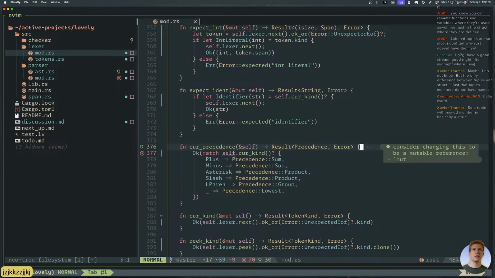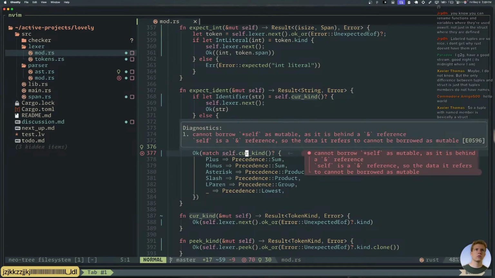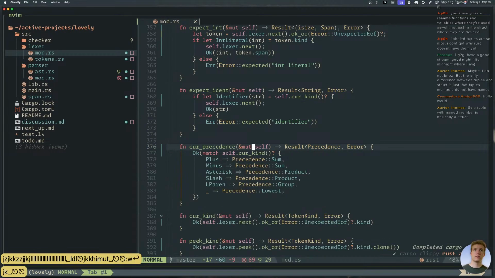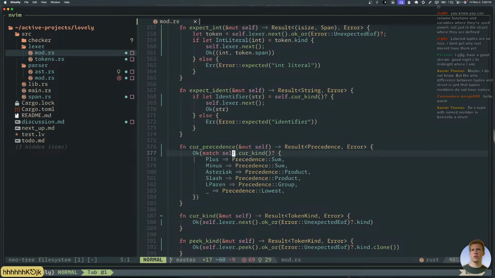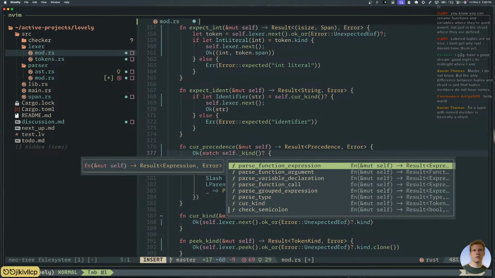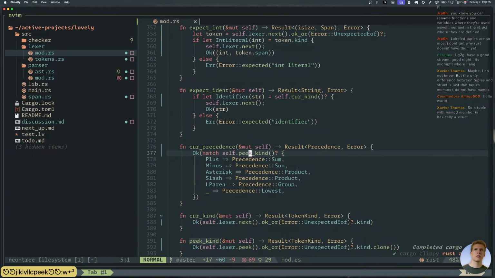Next one, curve precedence. This just needs to turn into that. Curve precedence shouldn't, yeah, this should have been a peak. Oh, I made a big mistake.